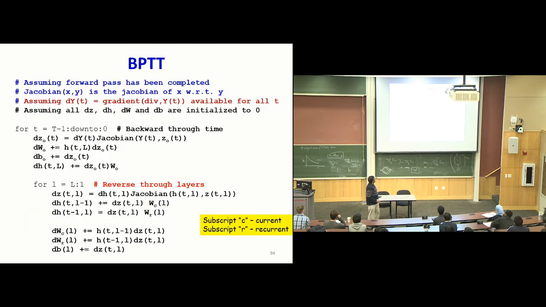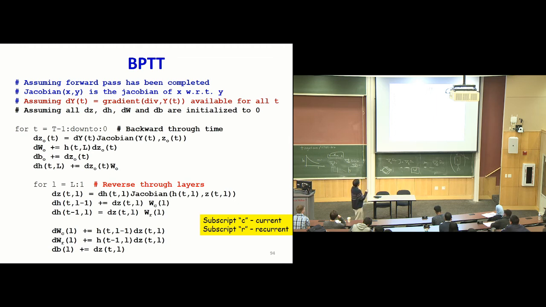And so here's the actual backpropagation pseudocode. For the output layer, you'd first compute. Observe that I'm using plus equals everywhere. Why am I using plus equals everywhere? That's because the derivatives keep getting incremented as you go back through time. So you assume that all derivatives are initialized to 0. And then because there's recurrence and the parameters are always being repeated, the derivatives are always being incremented. The only thing I have is the derivative with respect to y, from which I can get the derivative with respect to z by post multiplying by the Jacobian.